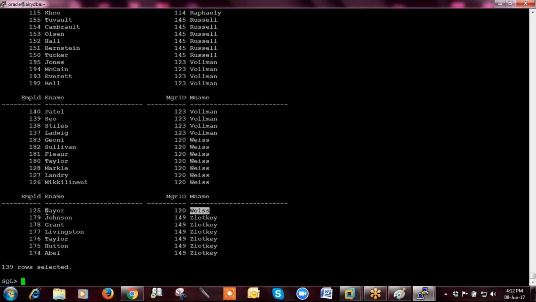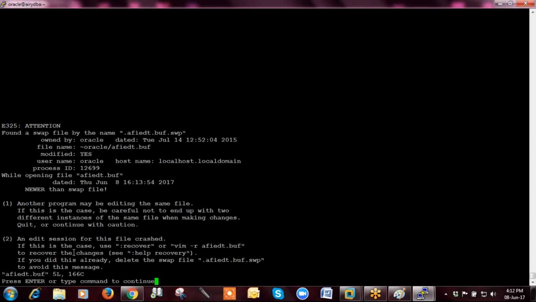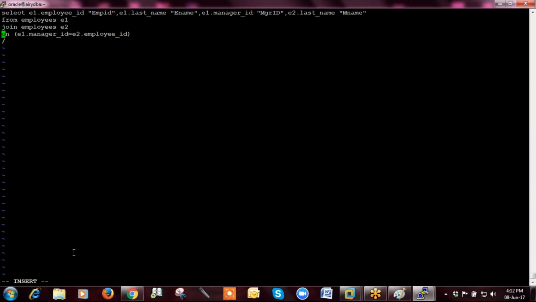Suppose you want to display for Grant. What you will do is just put a where condition or an and condition where E1 dot last name is equal to Grant.